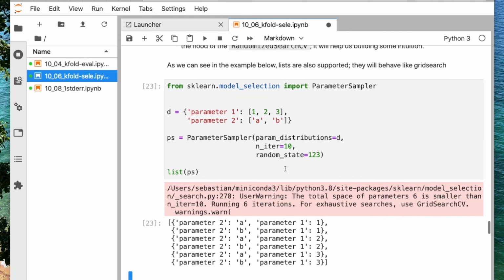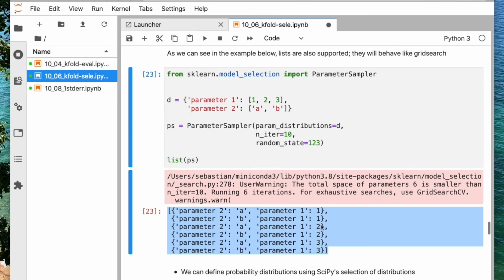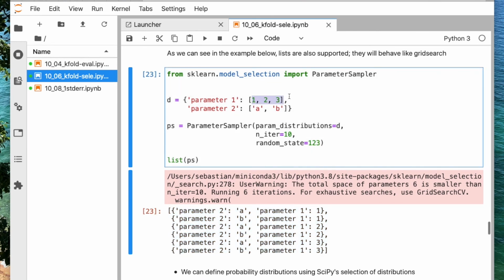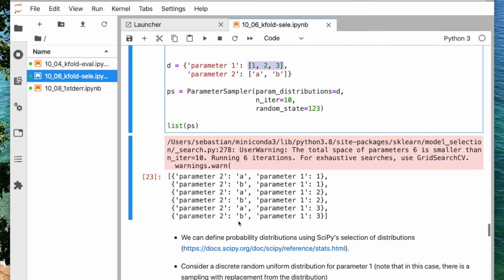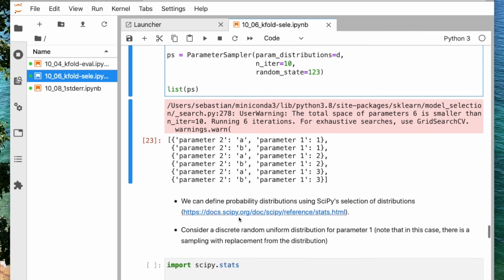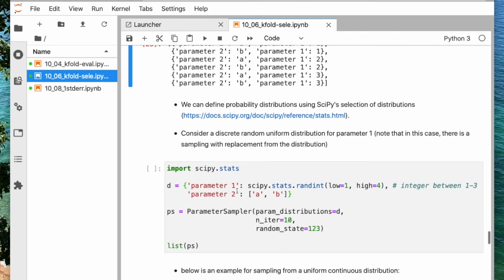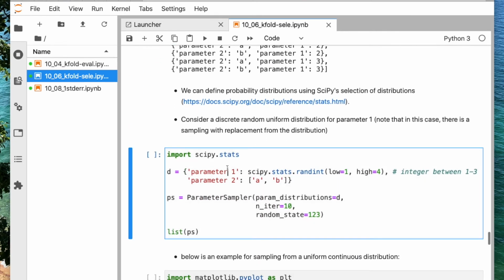So in this case, it will only give us the 6 possible ones, because these are not probability distributions, these are lists. So in case I have randomized search and I specify lists, it will behave similar to grid search, because it will use the number of combinations that exist. So in that case, when we use lists, randomized search would be the same, except that these would be evaluated in a random order, which can sometimes be also beneficial if you want to stop it early, for example. Okay, so here's the more interesting case now, where we actually use a distribution. Here I use a uniform distribution.